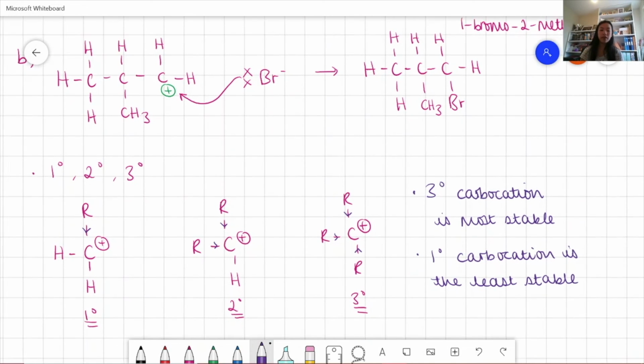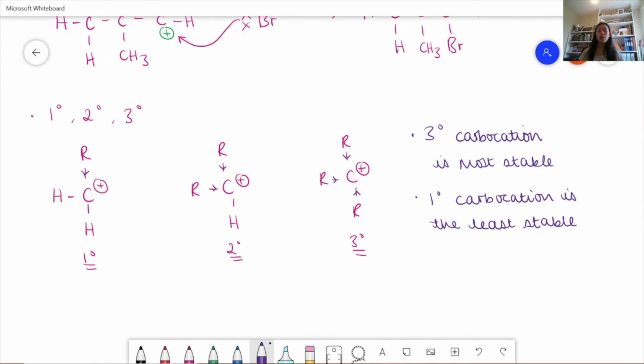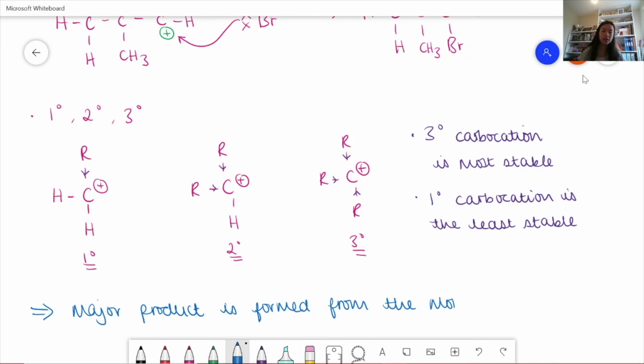And so another thing that we know is that the major product is formed from the most stable carbocation. So this is the most important thing to take away, that the major product is formed from the most stable carbocation. And so if we look back at our example,